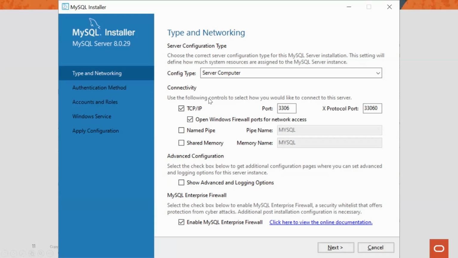On the connectivity side, you have some options for how to connect. So how the connection to the MySQL server is made. You have the option of TCP/IP. This is enabled by default, and you use the classic port for the classic MySQL protocol, 3306, and we also have the X protocol